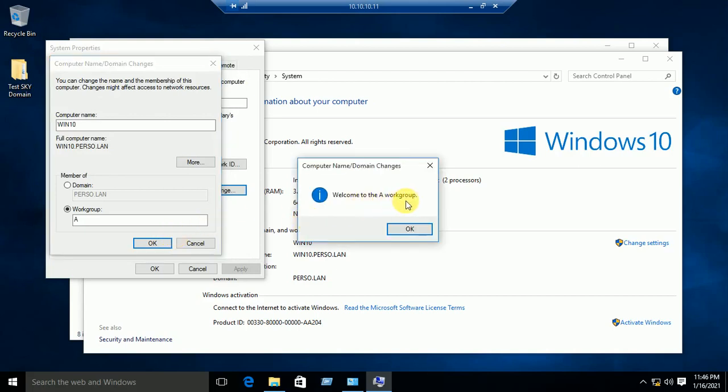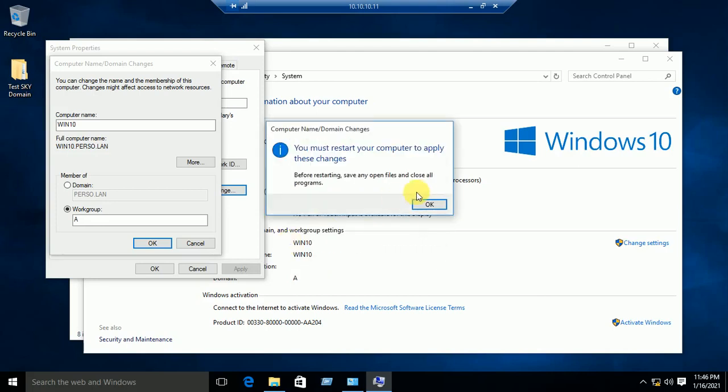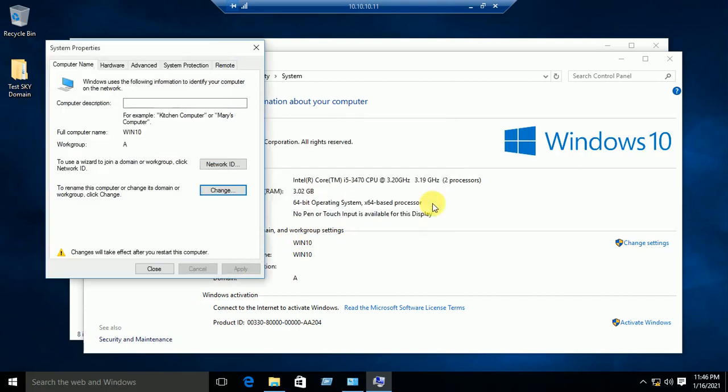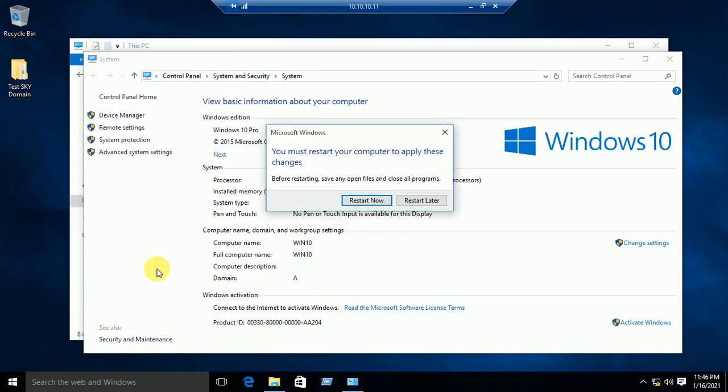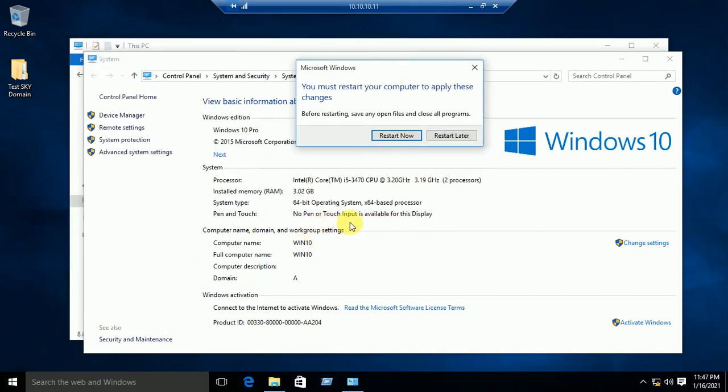Welcome to the A workgroup. Click OK. Again click OK. You can see you must restart your computer to apply these changes. Click OK. Close. I will restart this computer, but before restarting, I want to show you.